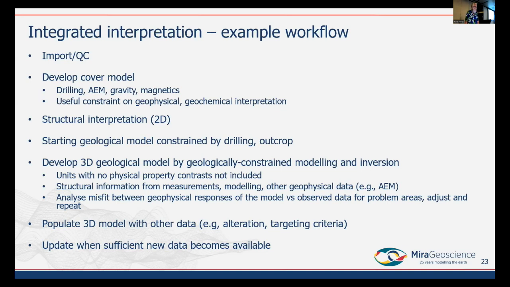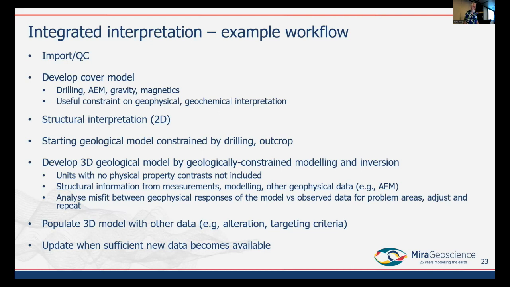I'll just note here that when you're doing this sort of geophysical interpretation, when you don't have much geological constraint, then if two different geological units don't have any physical property contrast, they've got the same density and same magnetic susceptibility, as far as geophysics is concerned, they're the one unit, and you just simplify those two into a single unit. It might be two quite distinct geologies, but physically we can't separate them. Some of the other geophysical data, like EM, can provide structural information. I'll show you a case history of that very shortly.